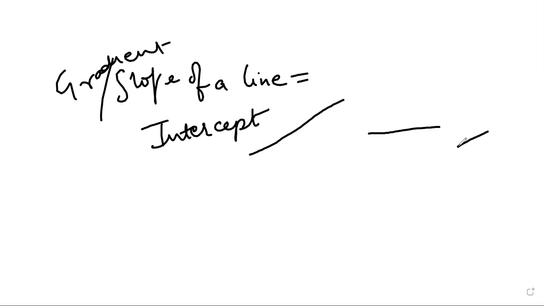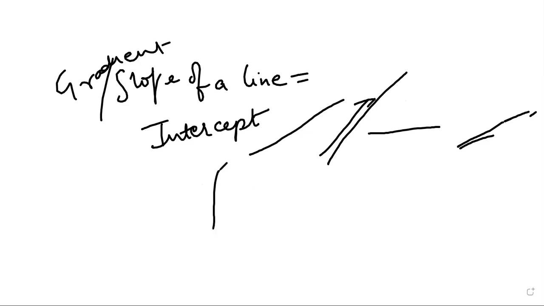See, when we walk on a road, this road does not have any slope. It is a straight road. This road has a little bit of slope, and look at this road. This road is very steep. So the slope is very high. So slope simply means how much it is elevated. What is the elevation, right?